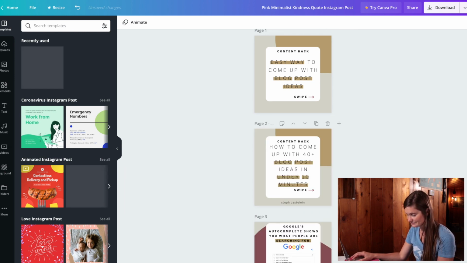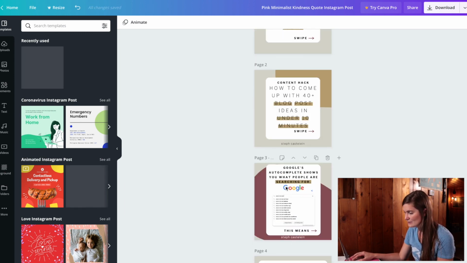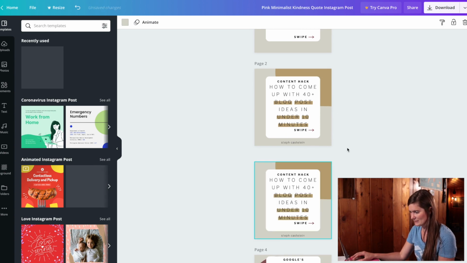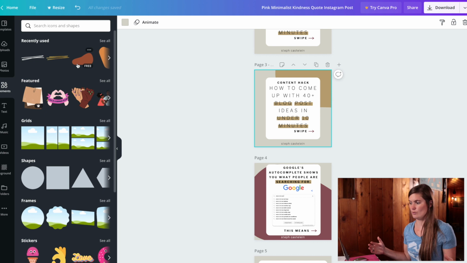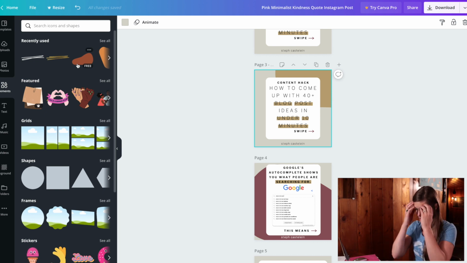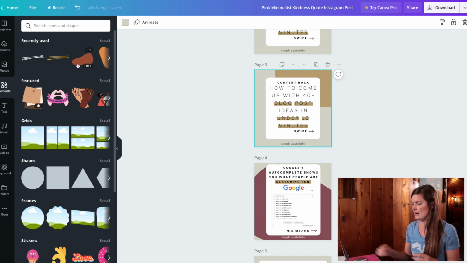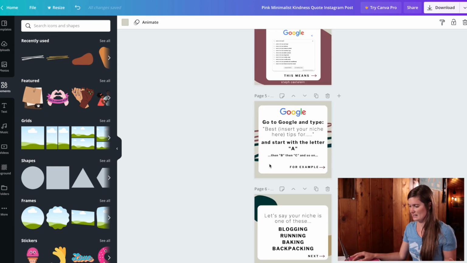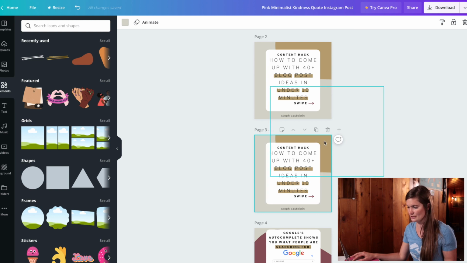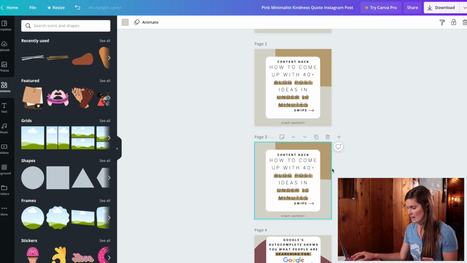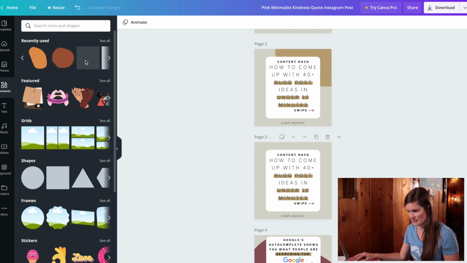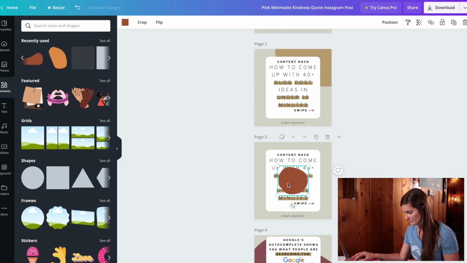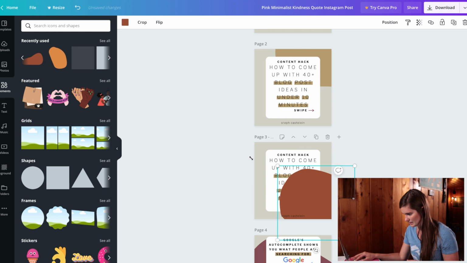So I'll delete that. And then to create these backgrounds, all I did then, again, was I copied the page and I brought in a new element. And this might seem like, whoa, look at your design and that's too much and all that, but guys, it's because I've been using Canva for over a year now, and so I do know some of the designs that I like. I know what I was going for here in the colors, so it really is just easy enough to copy it for me, to delete this one, to add in, let's see, a new design here maybe, make it big,